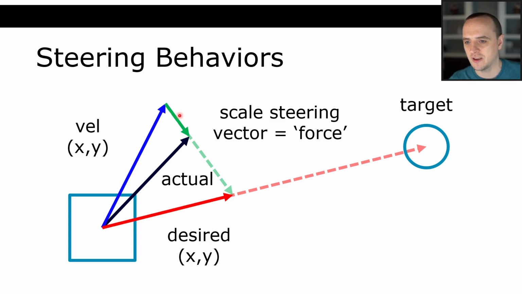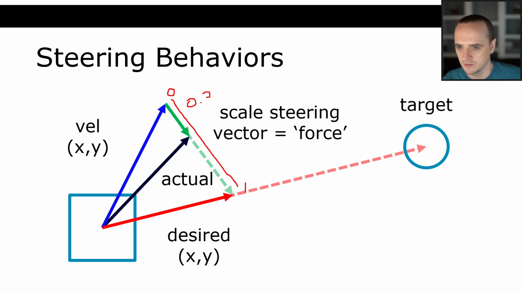Okay? So how do we calculate this actual vector? Well, the first thing we need to do is determine some sort of scale factor. As I said before, this dashed green line here is the steering force. If we had a steering force of 0, then that green vector would have a length of 0. It wouldn't take us anywhere. If it had a length of 1, then it would take us all the way to where we want to go, and it would be an instantaneous shift, and that's not what we want. Here in this graph, it looks like this steering force is approximately 0.3, because it's about a third of the way across. So that's what this steering force is.